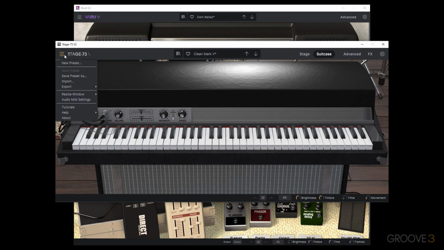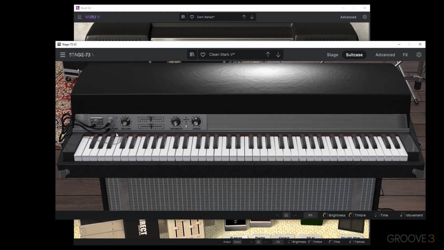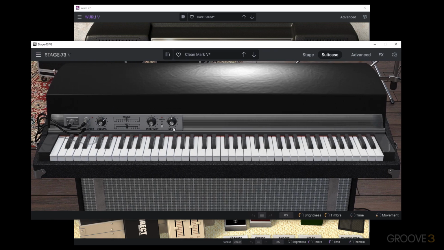We could go in and resize the windows if we want to maybe see a little bit more of some of these smaller knobs and things like that, but we'll go through all of that sort of stuff as we dig in,